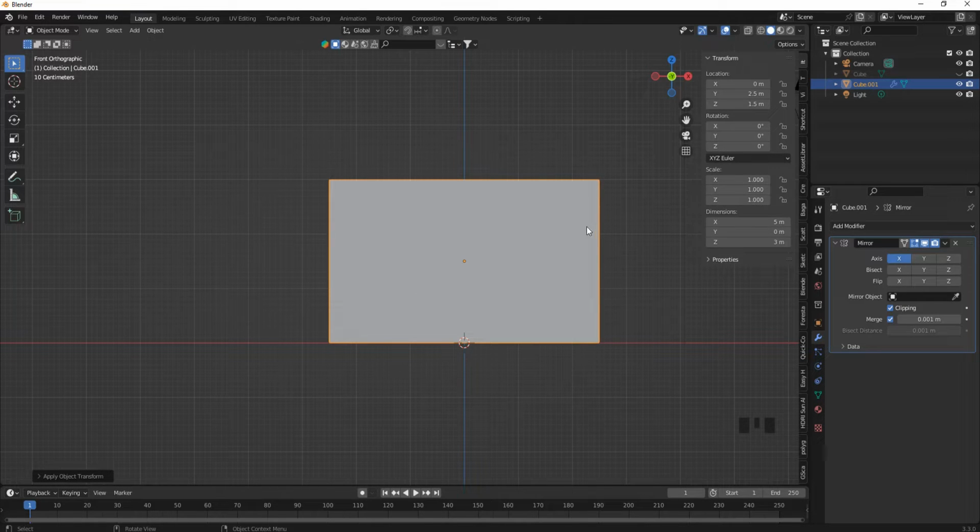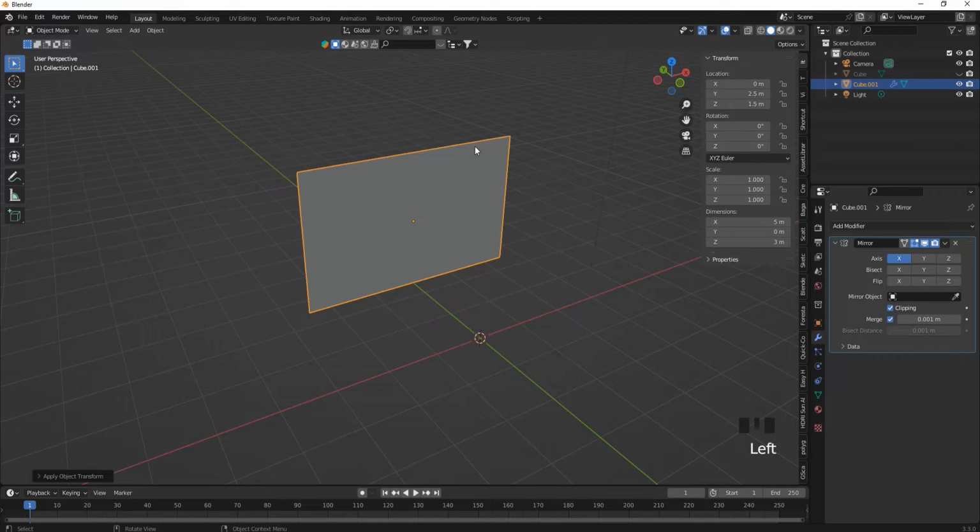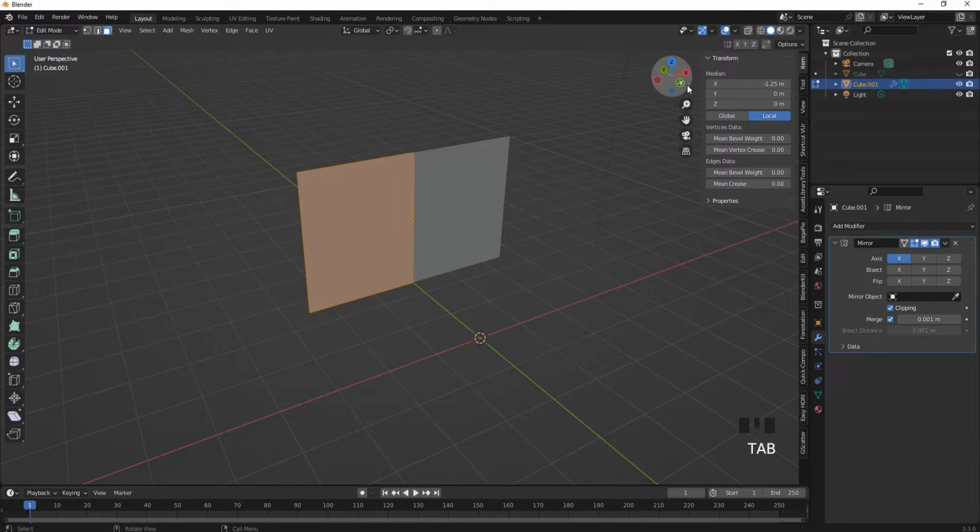It's 1. Now Blender knows that this has not undergone any kind of scale manipulation. That's what I want. After that, I'm going to hit Tab to get inside of the edit mode, and then